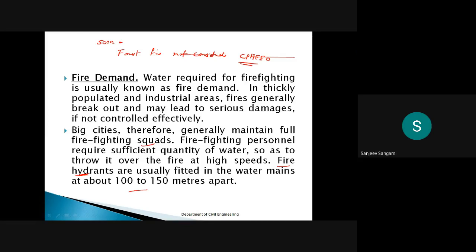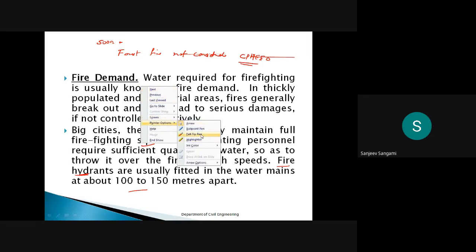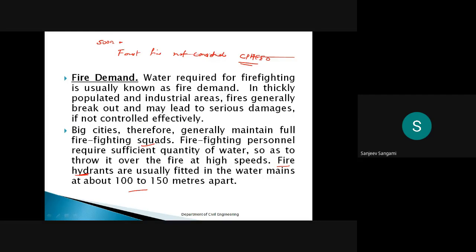In the previous class, we were discussing the fire demand. We are left with one small problem: how to calculate the fire demand if a number of fire breakouts have happened in a year. This fire demand is required for firefighting. For example, if any fire breakout is going to happen, how much water is required